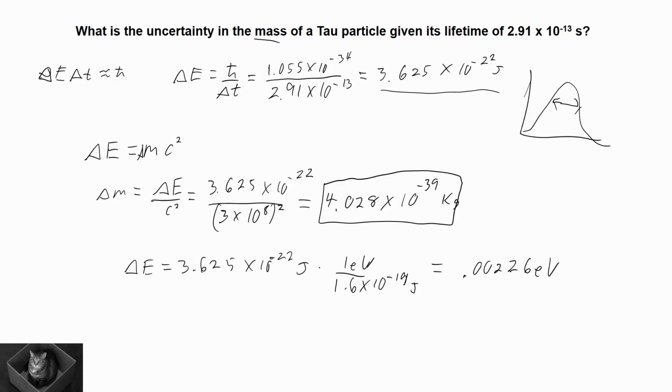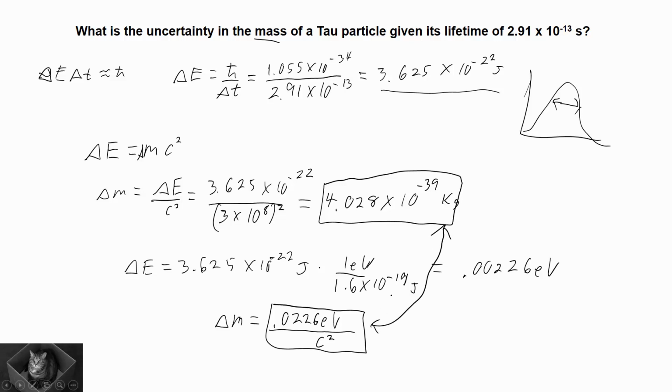That's kind of a pain, having to remember this conversion factor. But once you have the uncertainty in the energy in electron volts, one of the units of mass is eV per c squared. So we don't even have to plug in the value for c. We can just say it's 0.00226 electron volts, and then we divide by c squared, and we just leave it in terms of c squared, because those eV per c squared are mass units. So this is another way to express the uncertainty in the mass, which is equivalent to that if you convert eV per c squared to kilograms. So, all right, there you have it, the uncertainty principle.